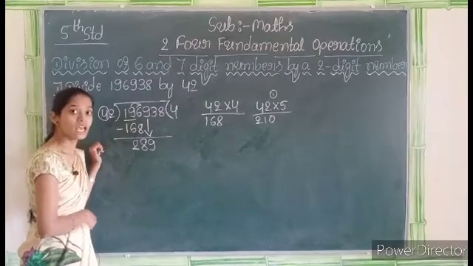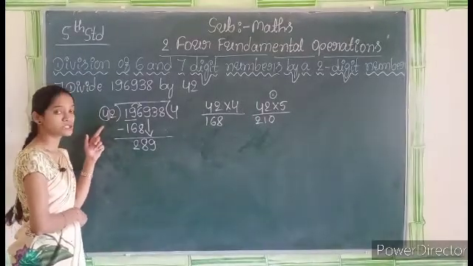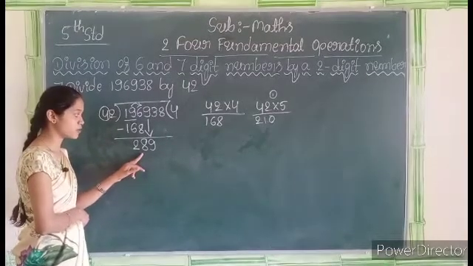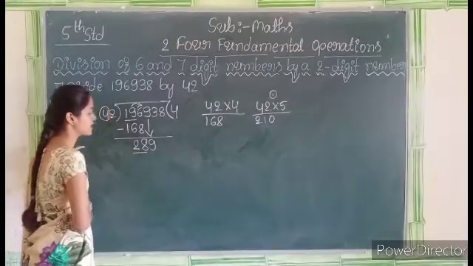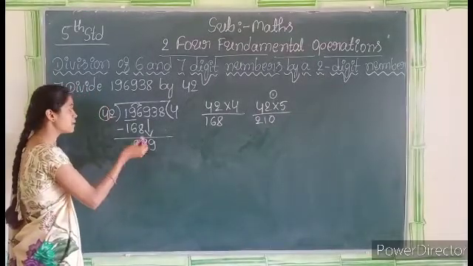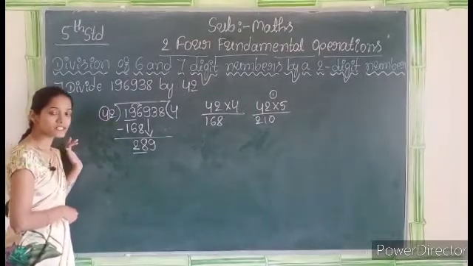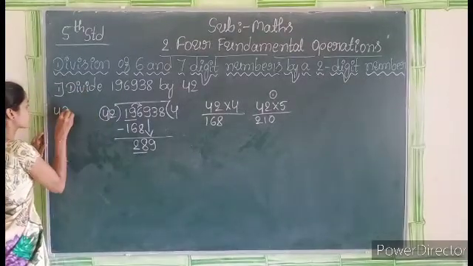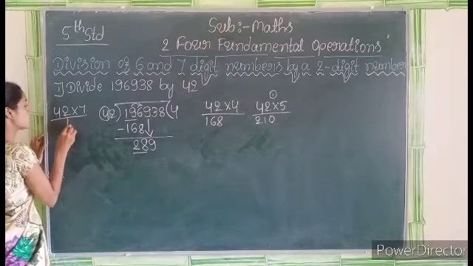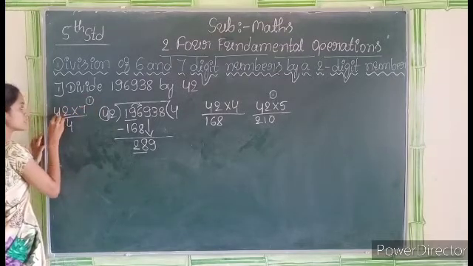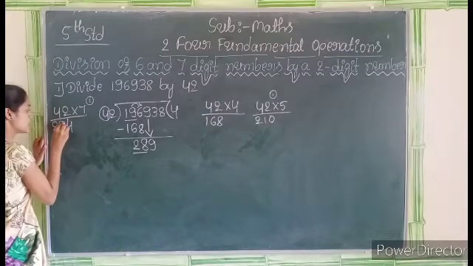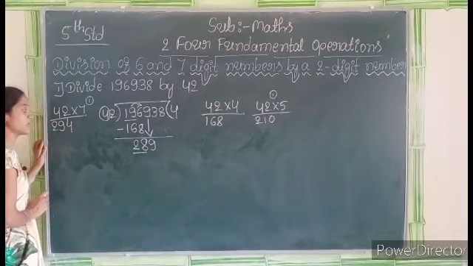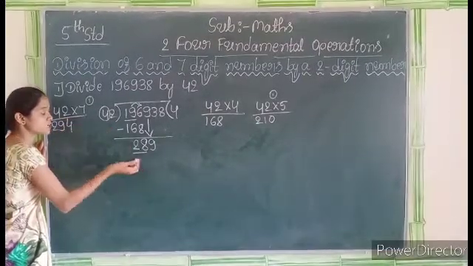table of 42? Let's find out. Here the first leftmost digit of the divisor is 4, and we consider the two leftmost digits of the dividend, that is 28. This 28 is directly divided by 4 on 7, right? 4 7s are 28. Let's check 42 7s are. 7 2s are 14, then 1 carry, 7 4s are 28, 28 plus 1, 29. We get 294, but here the number is 289. This 294 is greater than 289.